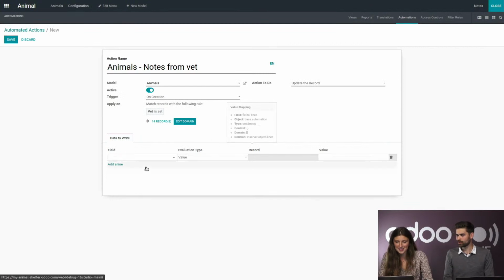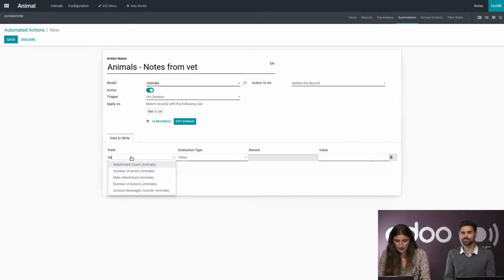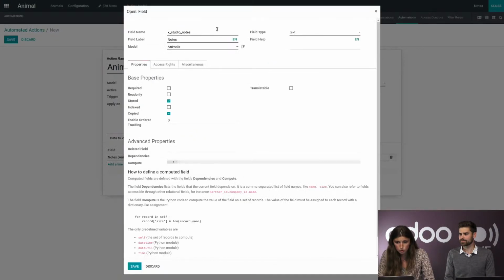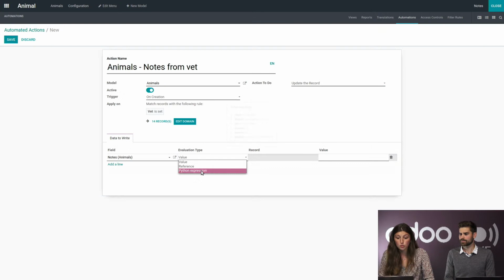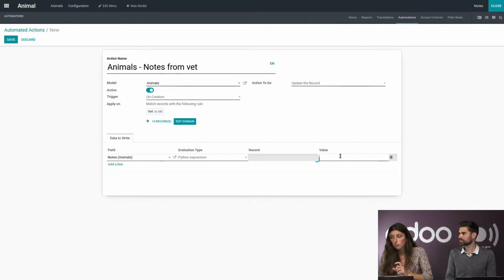All right, we have it. Cool. So what I want to do is that I want the notes field of my animal, I'll make sure it's this one, X Studio Notes, to be equal to the notes field of my vet. So here I'm going to write down a Python expression, which is a little bit advanced, technically speaking, but don't hesitate to come back to us if you want to be able to do that also in your databases. So record, then X Studio Vet, and then